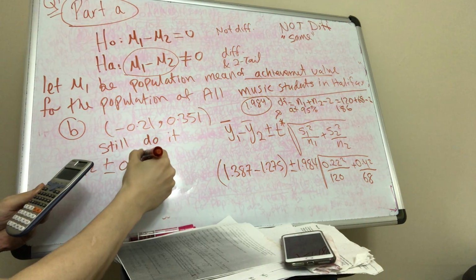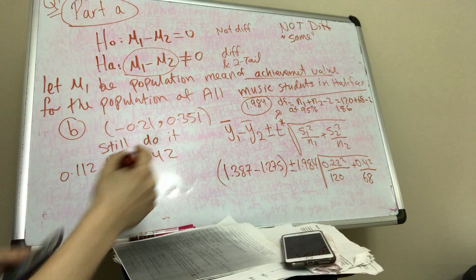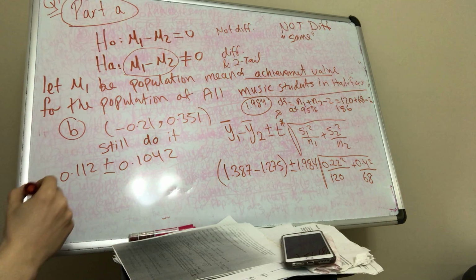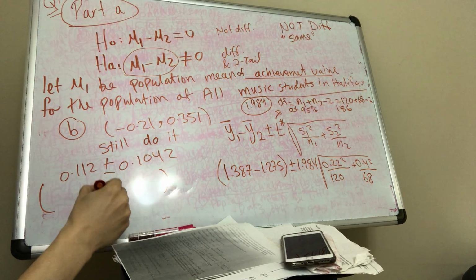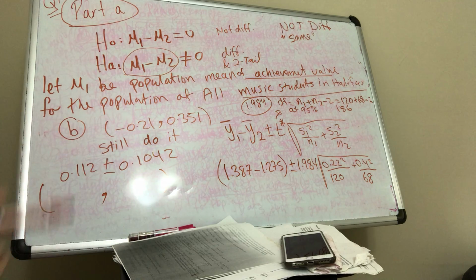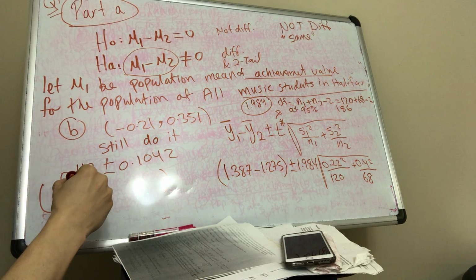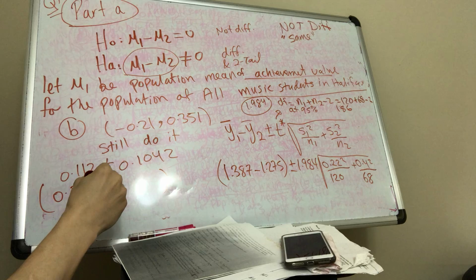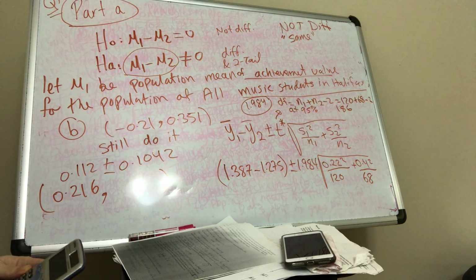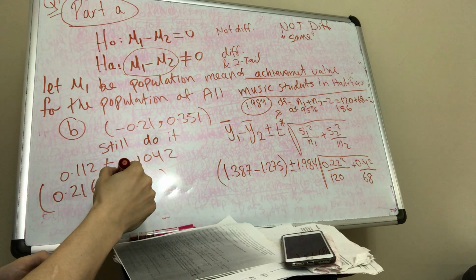Now you open brackets, you add them. This gives you 216, and when you minus them, it gives you